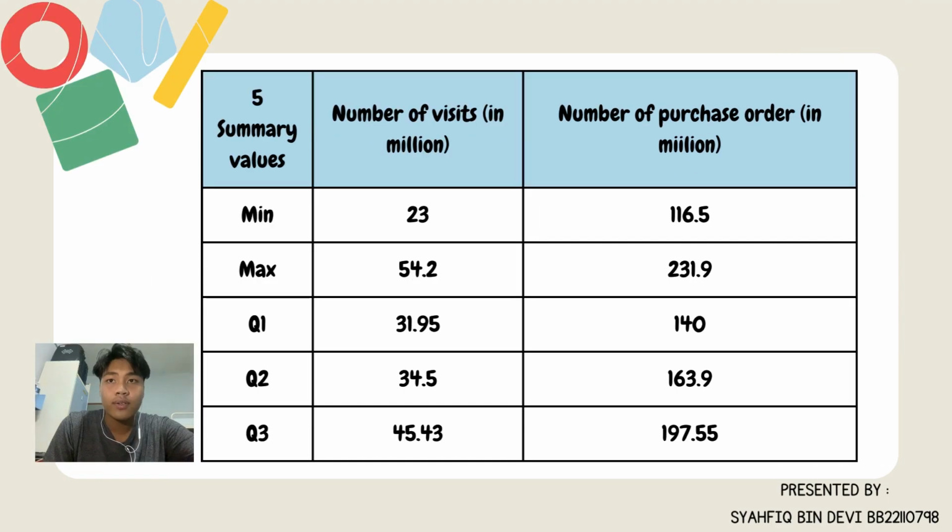197.55. For the 5 summary values, minimum for number of visits is 23, maximum is 44.2, quarter 1 is 31.95, quarter 2 is 34.5, quarter 3 is 45.43. For number of purchases, minimum is 116.5, maximum is 231.9, quarter 1 is 140, quarter 2 is 163.9, quarter 3 is